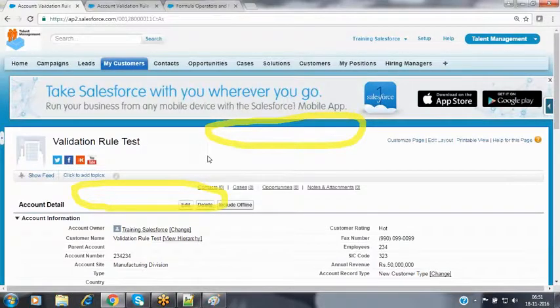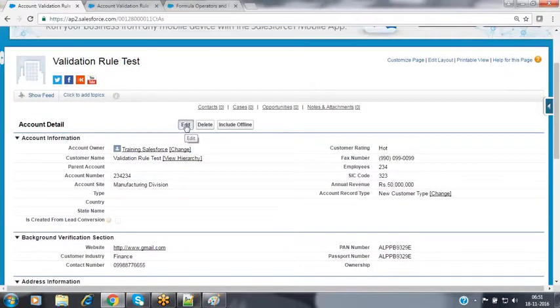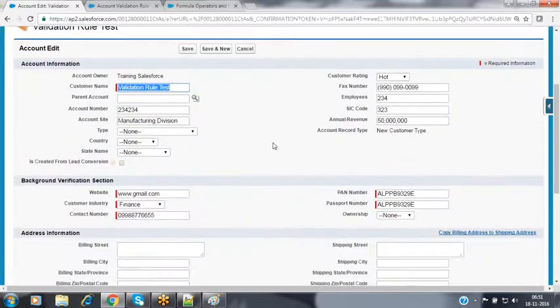So now this is the way we can create validation rules in our Salesforce. Now, once your record has been created, I'm updating the record right now. Let's go to the record and click on the edit button in order to modify the record values. I'm making this customer rating value as warm. I have changed some field value. Now I'm going to make this account site value empty. At the time of modification, also observe this one. Not only at the time of creating a new record, at the time of modifying an existing record also, the validation will fire.